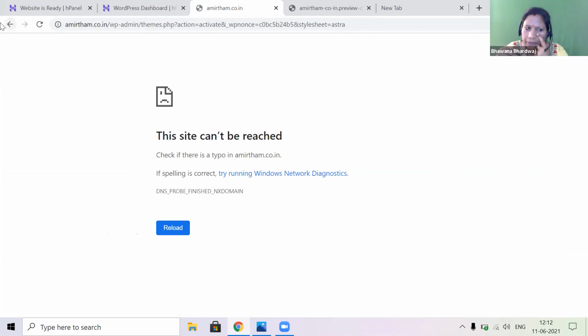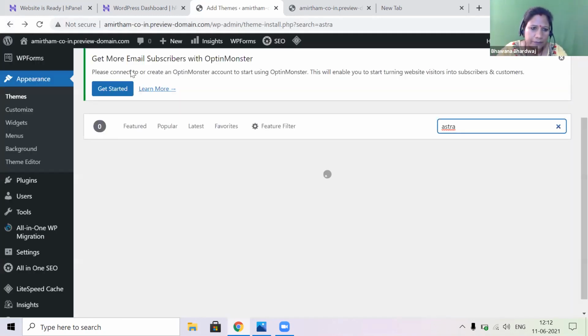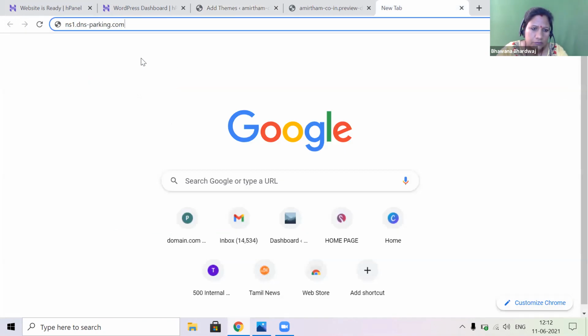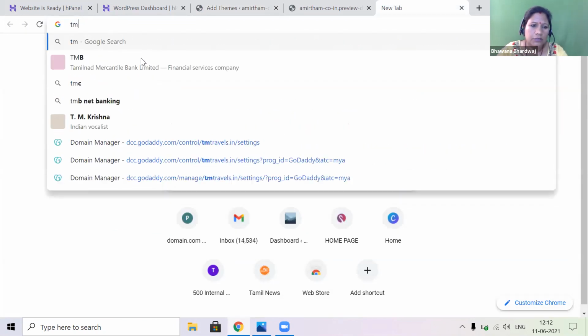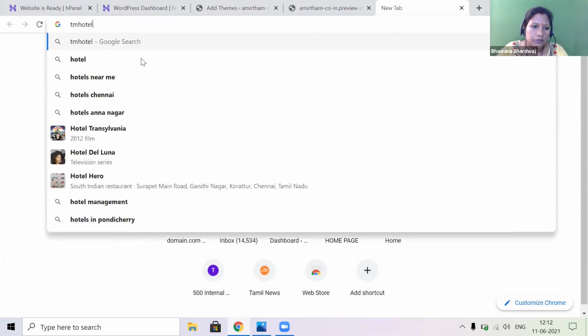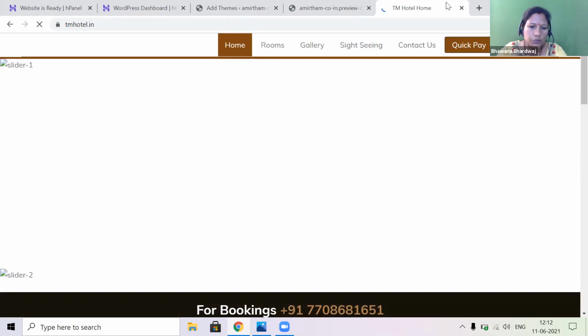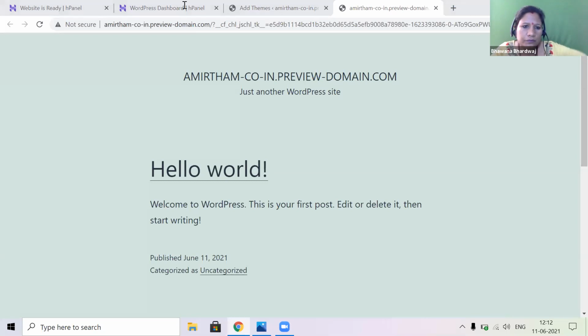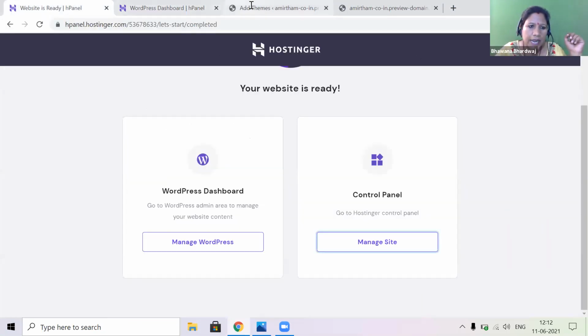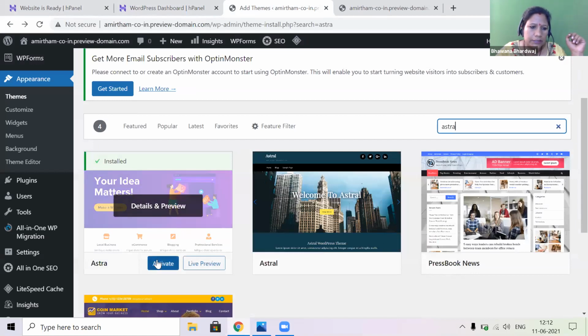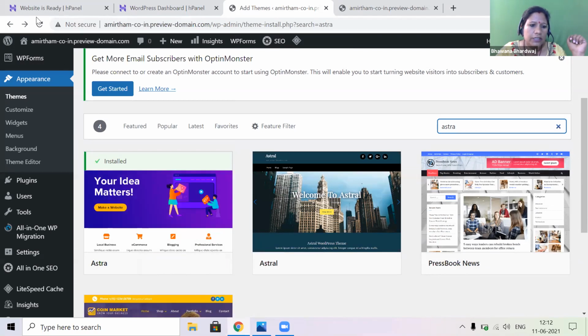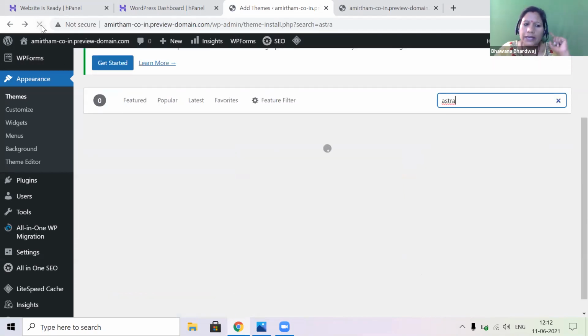Try to open any other website. Is it working? Yes, the internet is working. Come back to the add theme page. Refresh the window and then activate it again.